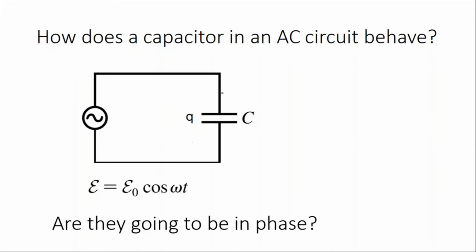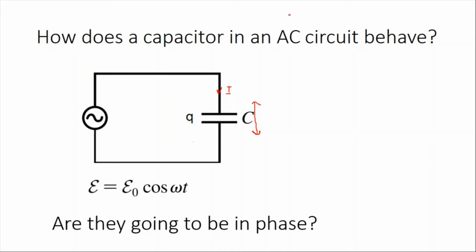Okay, let's look at whether the current flowing to the capacitor and the voltage across the capacitor are in phase or not. I mean, whether they become maximum, minimum, zero at the same time or not. First, I'm going to use a mathematical derivation to show if there is a phase difference between them or not. Then I'm going to explain the phase difference between the two physically, without mathematics.